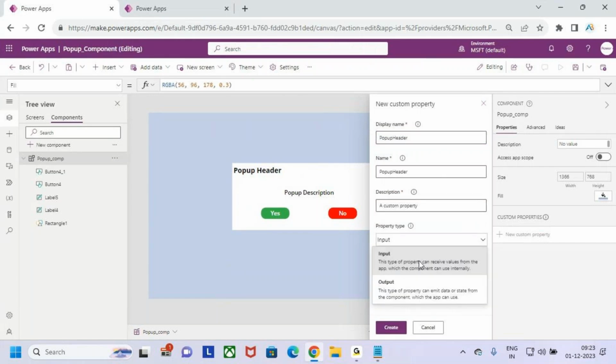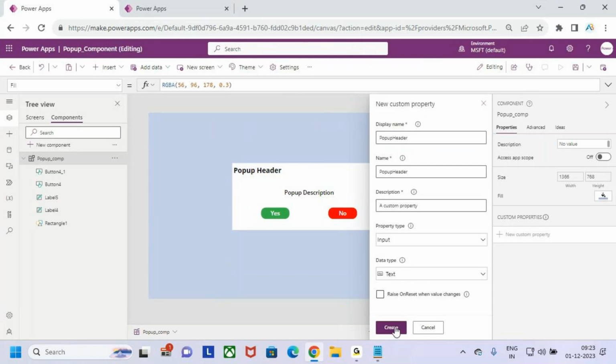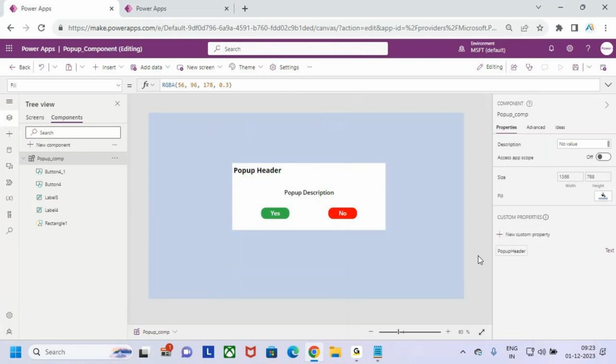And then type, what is the type? Input. What is the text? Data type is text data type. And then click on create. Now whenever I create it, now the one property is created, pop-up header. Now once the property is created, now select the header,